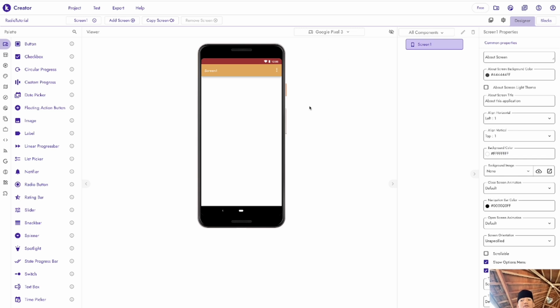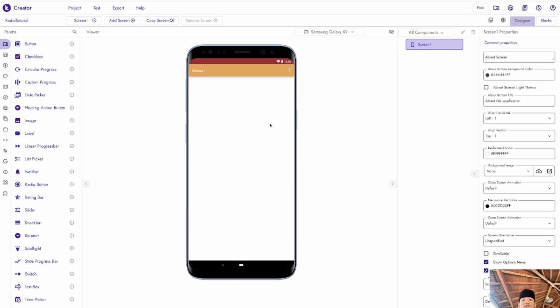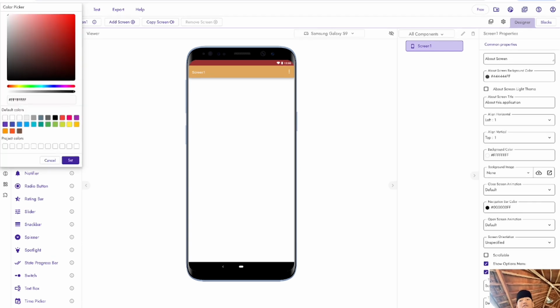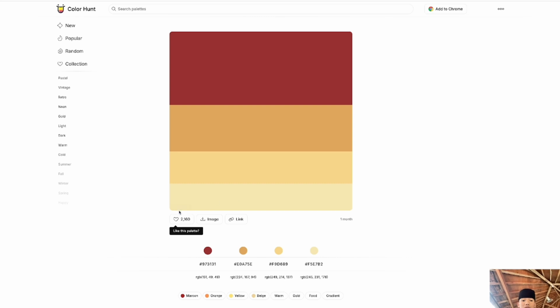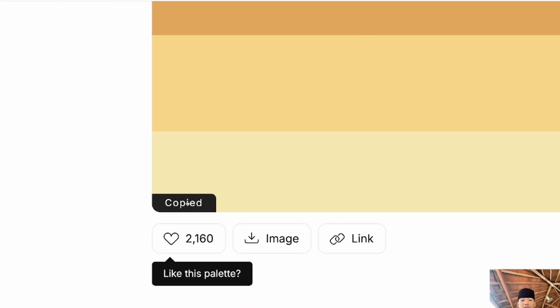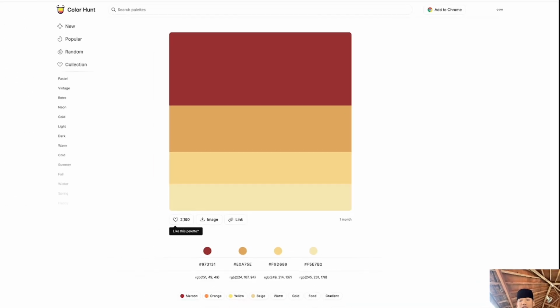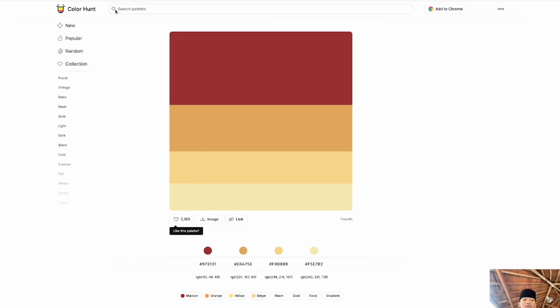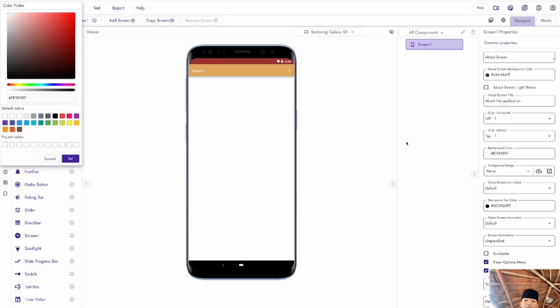Then we will start with this, and we're going to change it to Galaxy S9 because it's the best one out there. And next, background color. For background color, we're going to use the brighter color here, because why not? We use that color to make it even more perfect. Then we click that background color until it's shown, then click here and Command V. Enter or return if you're on Mac. Then we got the main color.